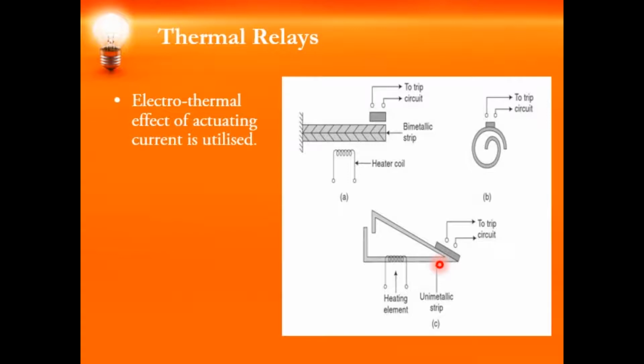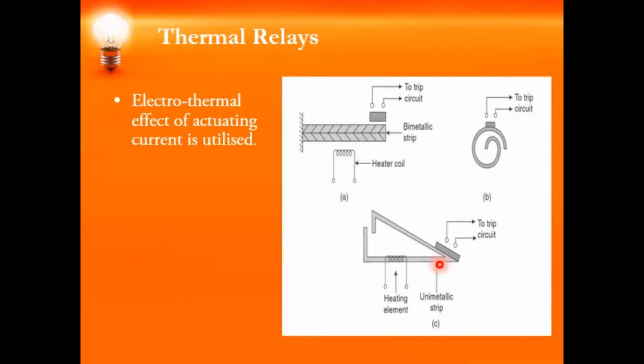We use thermocouples and resistance temperature detectors, which are also used for protection purposes. In the case of protection of a large generator, we use such elements in the stator slots. The element, either the thermocouple or the resistance temperature detector, forms an arm of a balancing bridge. In the normal condition, the bridge is balanced. When the temperature exceeds a certain limit, the bridge becomes unbalanced, and the out of balance current energizes a relay which trips a circuit breaker.